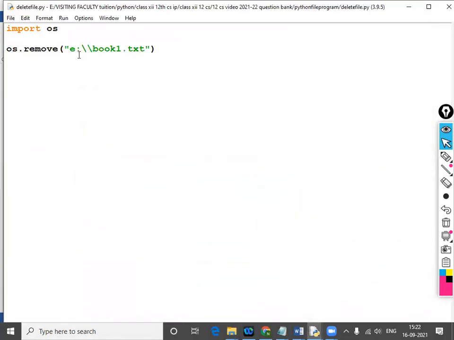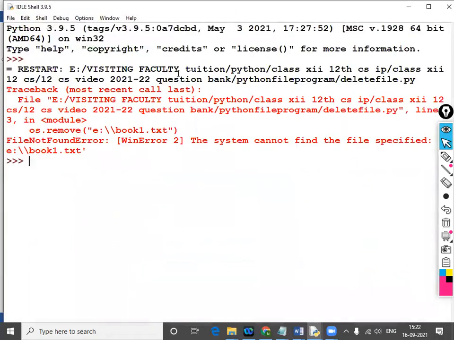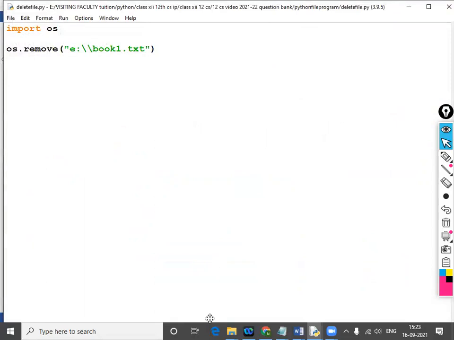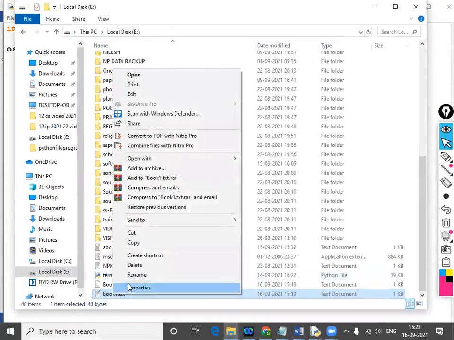Import os dot remove. So book1, B is capital.